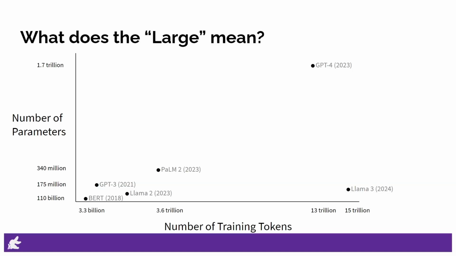In machine learning, the term large can encompass various aspects of a model. Dataset size and model complexity are two common indicators to tell whether the model is large or not. For example, GPT-3 from OpenAI includes 175 billion parameters, while PaLM 2 from Google includes 340 billion parameters. Comparing the earlier developed BERT model, it includes 110 million parameters. On the other hand, BERT was trained on 3 terabytes of data while GPT-3 was trained on 45 terabytes of